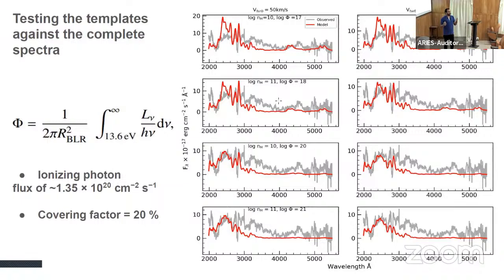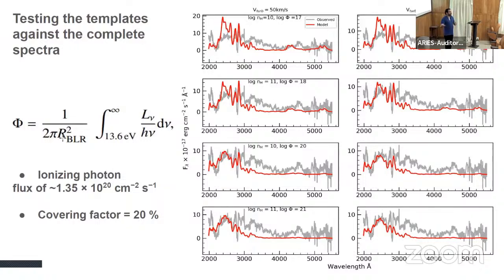And there we found that the suggestion of high metallicity could produce model spectra matching the observed one. So here we are comparing our model predicted spectra with the observed one. The gray one is the observed one, and the red one is the model predicted for different sets of parameters. These parameters are mentioned here, and we also estimated the value of phi from